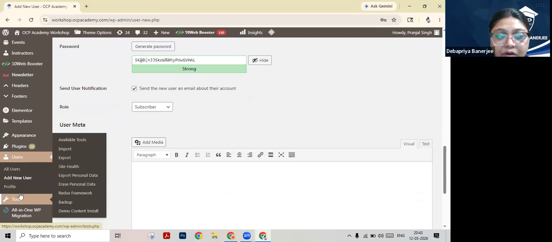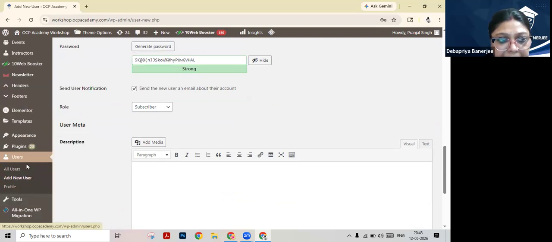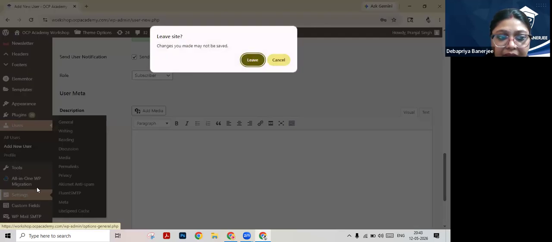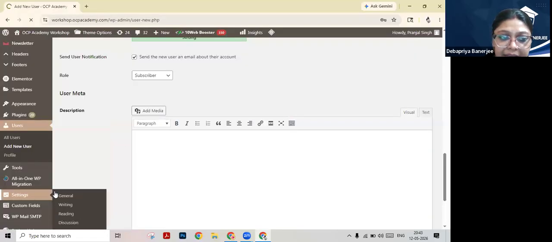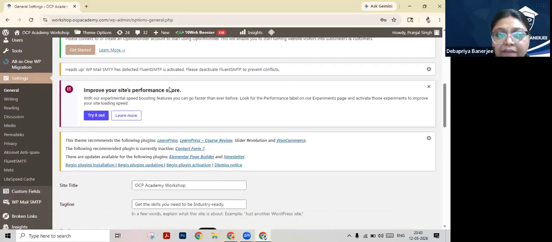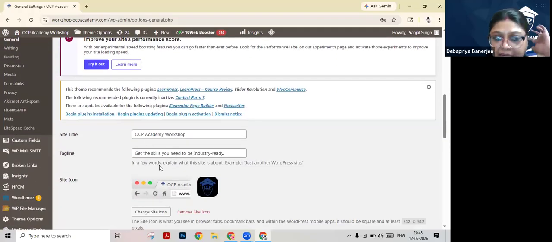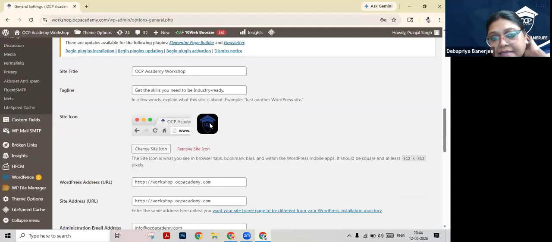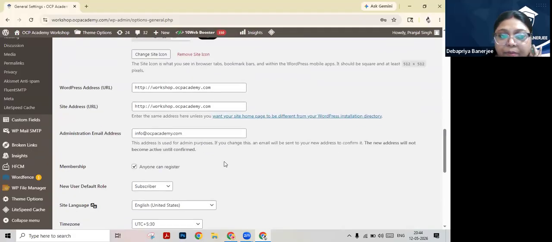Then we move on to the settings part. In the settings, we have general. In general, I have shown you the site title, the tagline, the site icon, and the WordPress URL. This is the administrative email address, which you can set from your domain name.